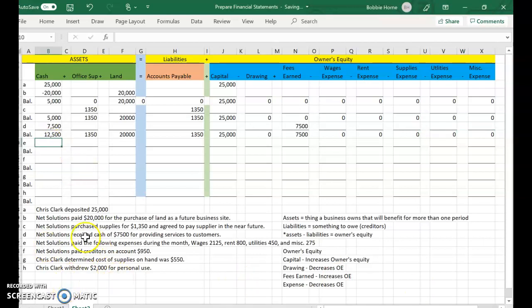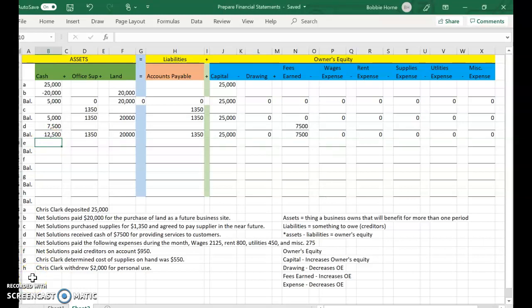Now let's look at E. Net Solutions paid the following expenses during the month: wages $2,125, rent $800, utilities $450, and miscellaneous $275. Okay, so that means we spent cash